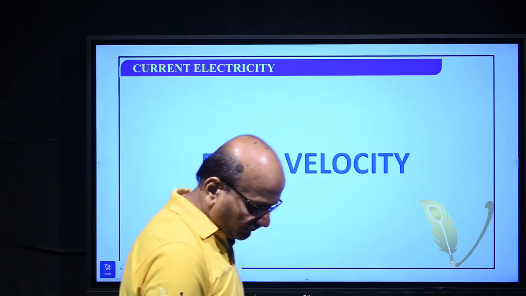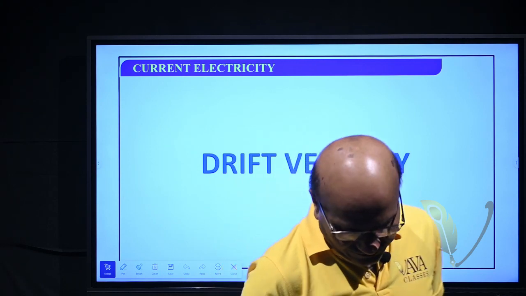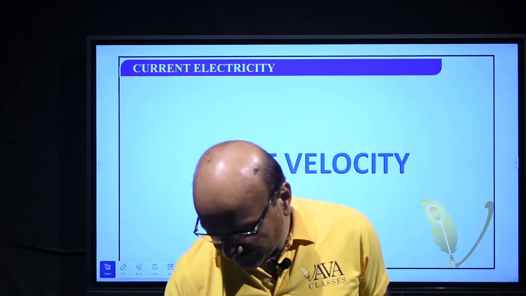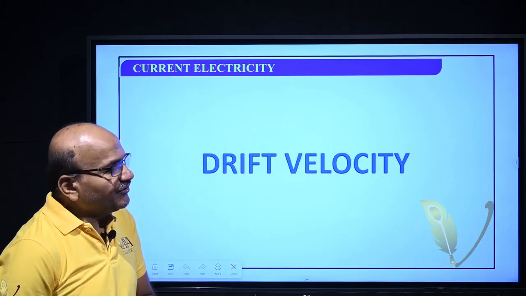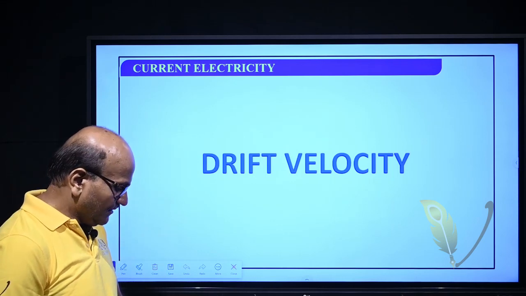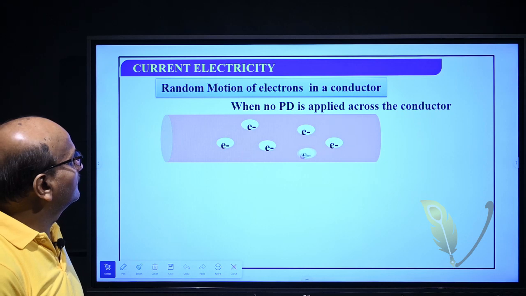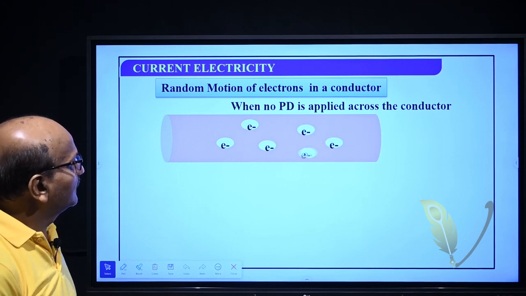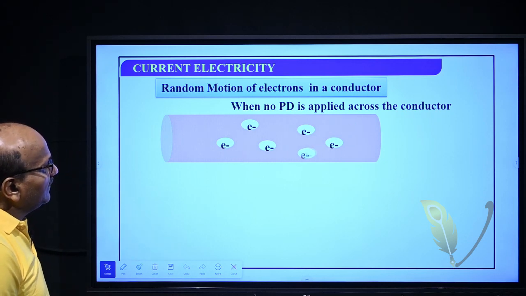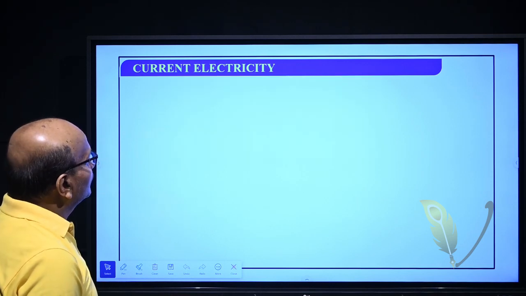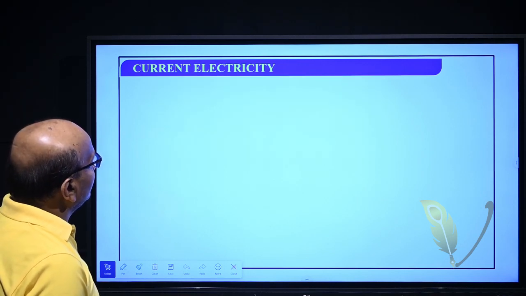So now, these are the introductory parts we see. Now we will see what is drift velocity. So initially in a conductor,